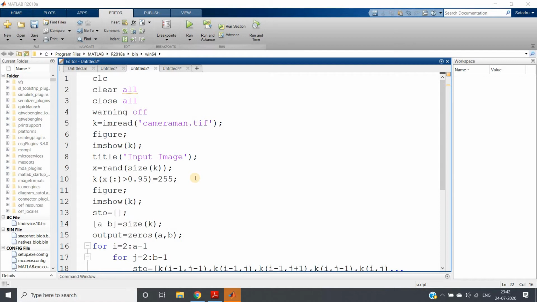In this video I am going to discuss two very important non-linear filters: the max filter and the min filter. What are they? From the name itself we can clearly understand. In the case of the max filter, suppose we have a 3 cross 3 neighborhood, then whatever maximum value we get in that neighborhood, we place that value in our output. In the case of the min filter, whatever minimum pixel intensity we get in our 3 cross 3 neighborhood, we place that in our output.